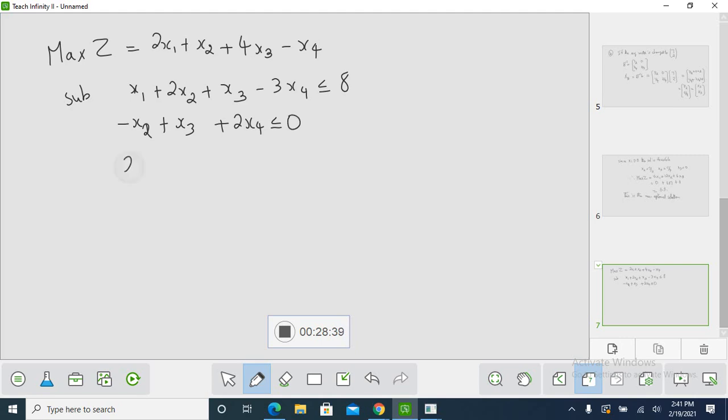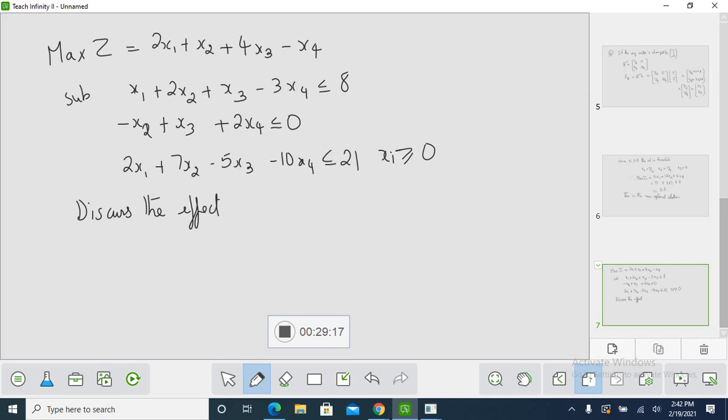Then 2x1 plus 7x2 minus 5x3 minus 10x4 is less than or equal to 21, and all xi's are greater than or equal to 0. Solve the LPP and discuss the effect of change